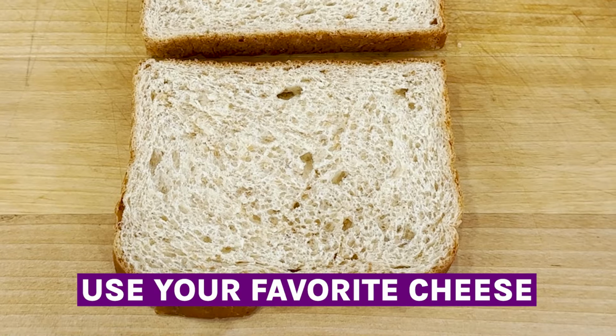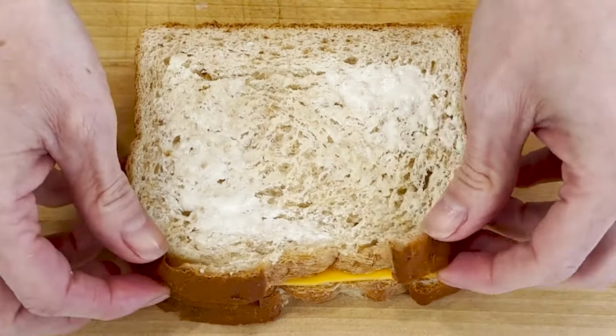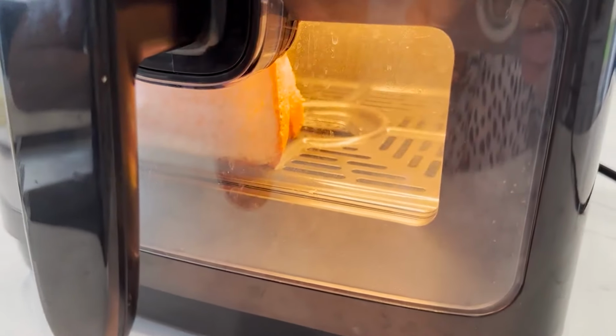Now we're gonna assemble the sandwich. The cheese is gonna go in the middle. Now, I'm using cheddar cheese slices, and the butter sides are on the outside. If you're using classic sandwich bread, which tend to be airy and thin, you're going to use a toothpick to secure the sandwich. This is going to prevent that bread slice from flying around in the air fryer while it's